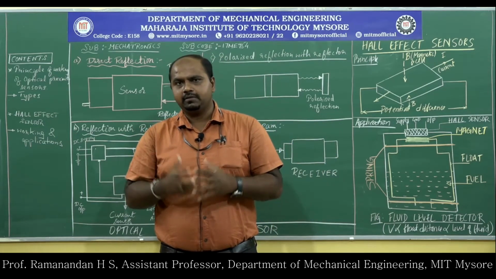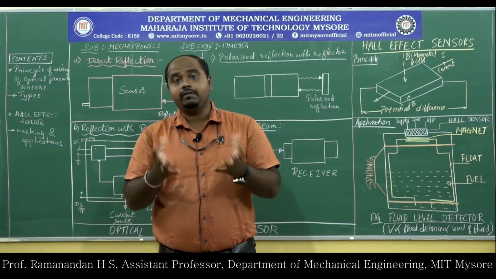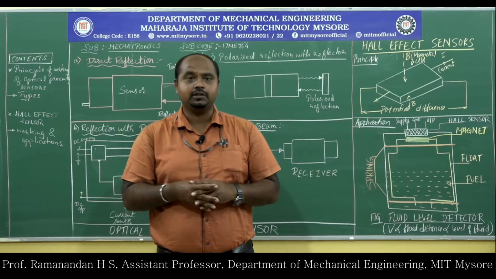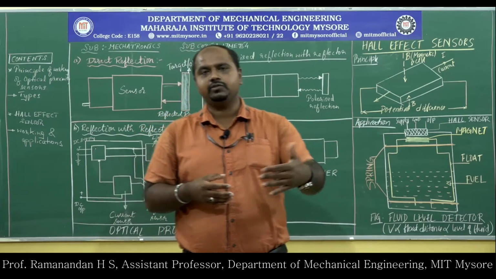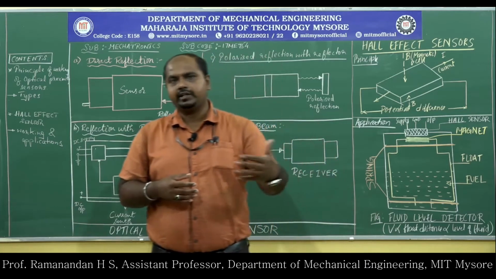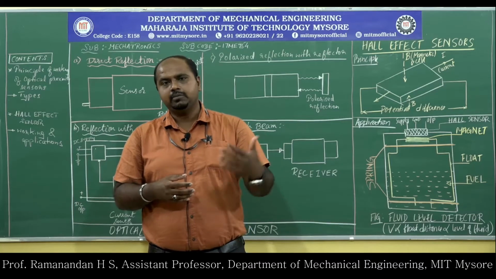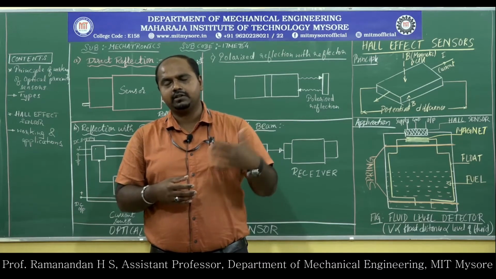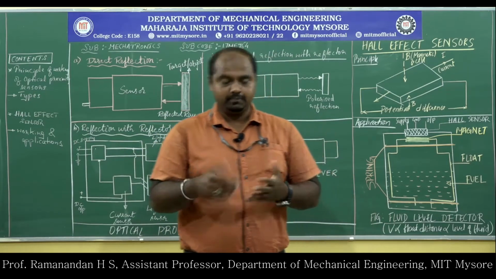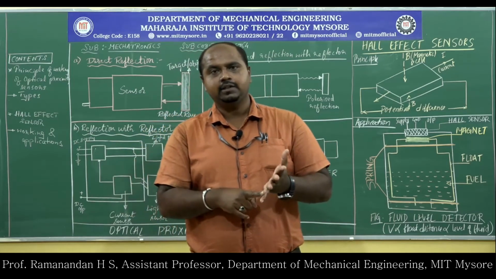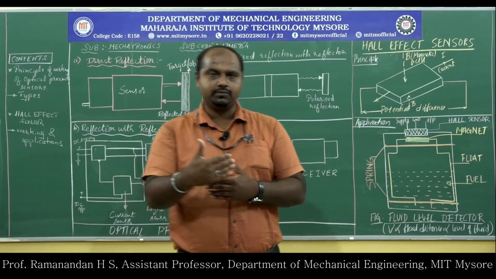Proximity we are familiar with, vicinity or nearby. How to combine these two, and why we have to combine them, is because there are a few materials which are sensitive to light. So I have to detect them. They may be metal, non-metal, or element, but they are sensitive to light. They have a shiny, lustrous visual appearance, which can be detected by a sensor using optical techniques and which are at the proximity of a sensor. So these two concepts we are using.